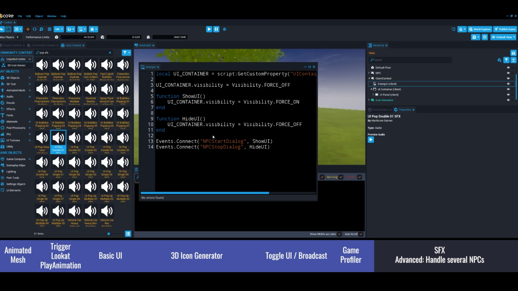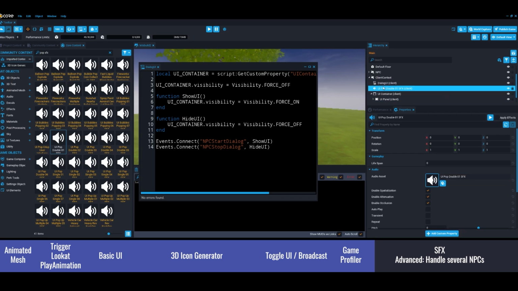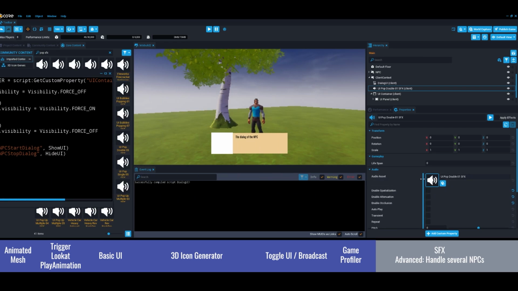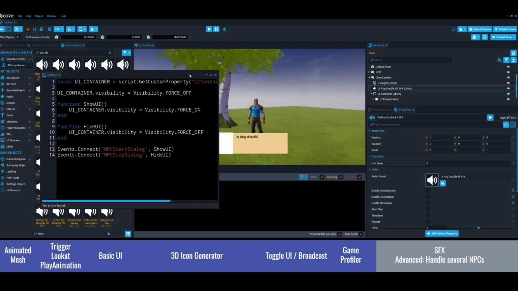Yeah, that one is great. I think you can't hear it because I'm streaming all my screen, but it's working. And I will just remove the spatialization, attenuation, occlusion because I don't want it to be spatialized next to the player or anything. Just want that sound to be played